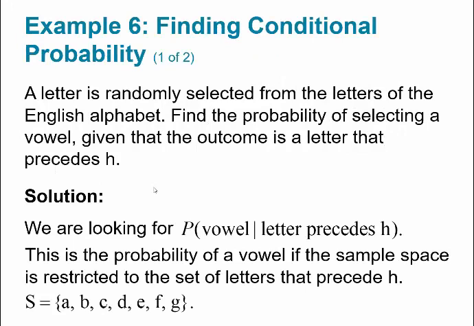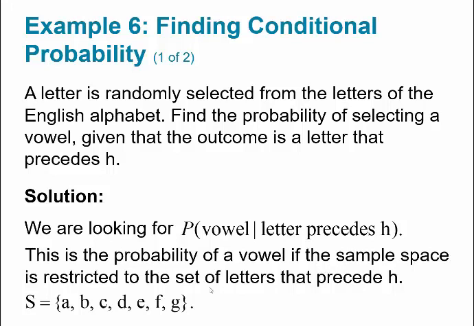All right, let's try this so you can see an example. A letter is randomly selected from the letters of the English alphabet. Find the probability of selecting a vowel given that the outcome is a letter that precedes the letter H. Okay, so I'm giving you that the letter precedes the letter H. So we're looking for the probability you get a vowel given, so I'm telling you that the letter comes before H that you got. So this is the probability of a vowel if the sample space is restricted to the